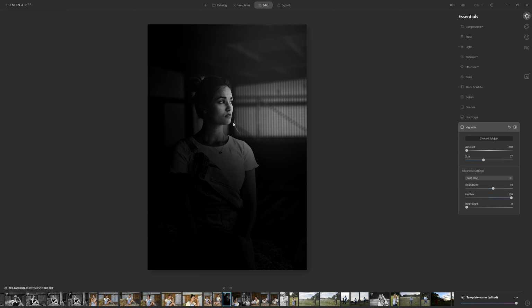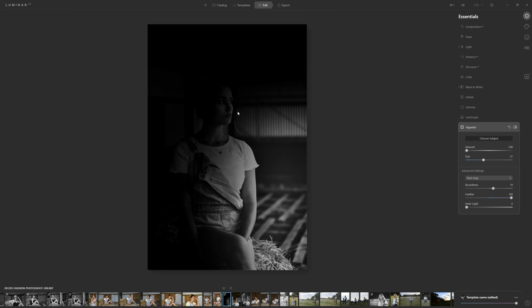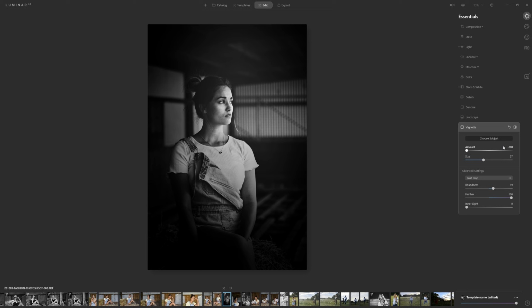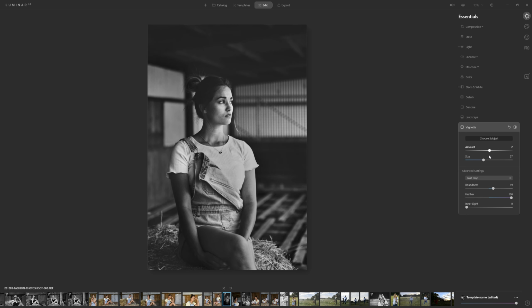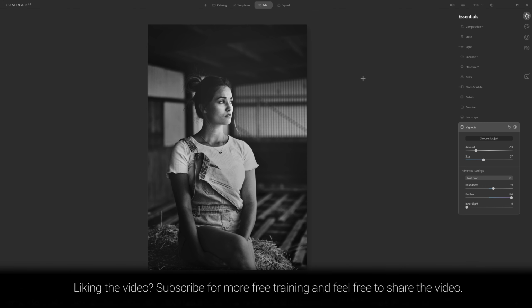If we put the vignette up here, we can see exactly what's going on. Whereas if you have that at a lower amount, it's hard to judge exactly what these different sliders are doing to the vignette. But now I'm happy with it. I can just ease that effect off. So that's with nothing on, and we'll just start to feather that in, tickle it in until a point where we're happy with it. That's a nice soft black and white conversion using nothing more than the light tool in